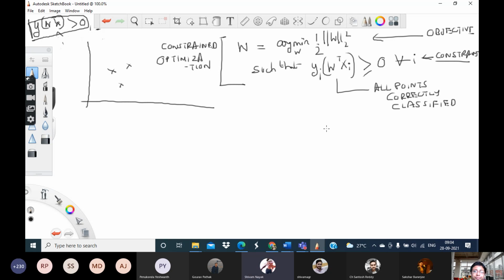Sir, for this boundary that we predict from this constrained optimization, it will be highly dependent on the outliers, right? Yes, right. As of now, we have assumed that the data set is linearly separable. That is to say, there are no outliers. Of course, that's an idealized situation, and so we will soon generalize this to accommodate the outliers. But as of now, for the original treatment, just assume that there are no outliers.